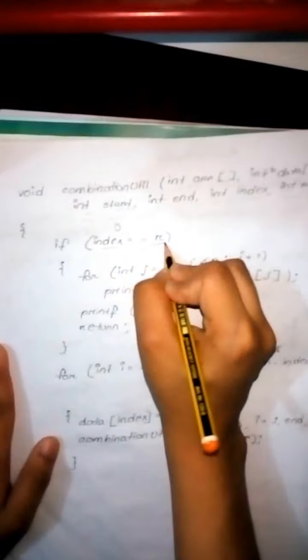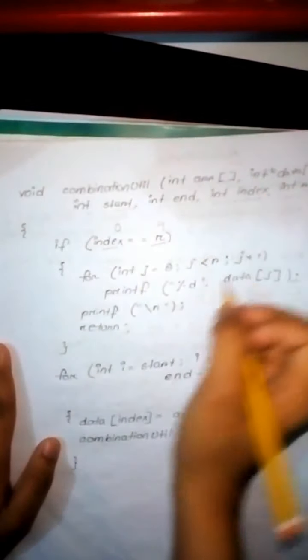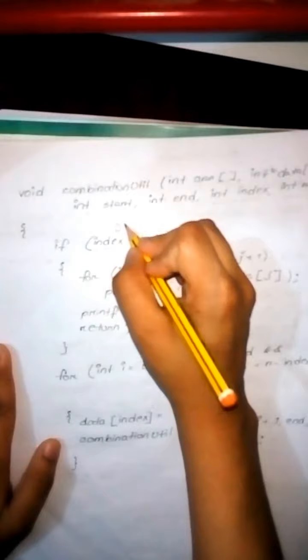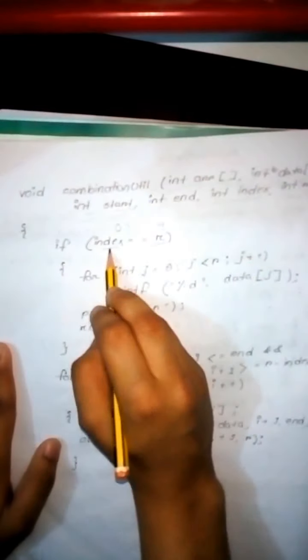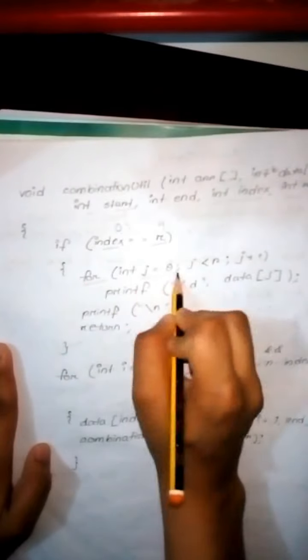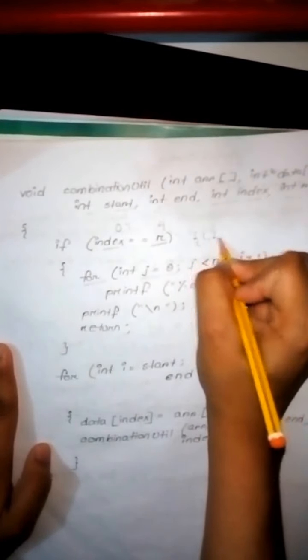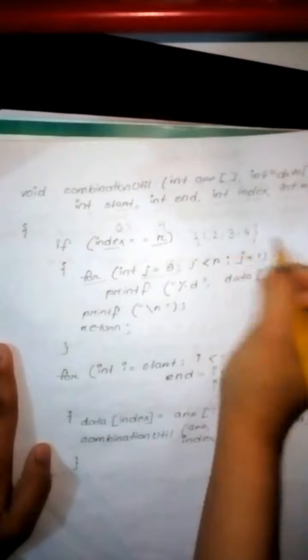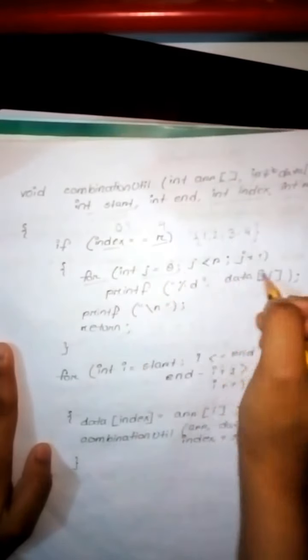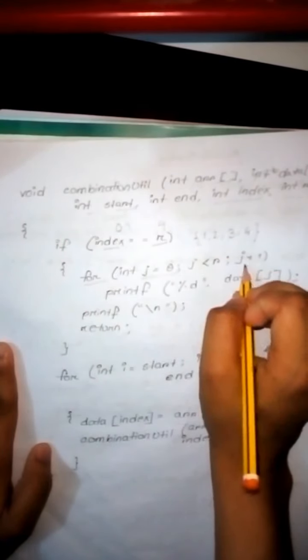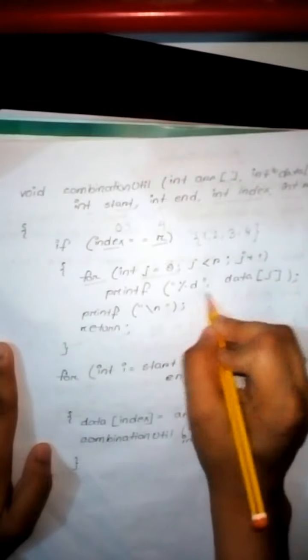So first of all we will use an if-else condition: if index, which starts from 0, equals r, which is 4, then it doesn't need any iteration. If this equals this, then what we are going to do is start from j, go to that array, and increment j until j is less than r, and thus